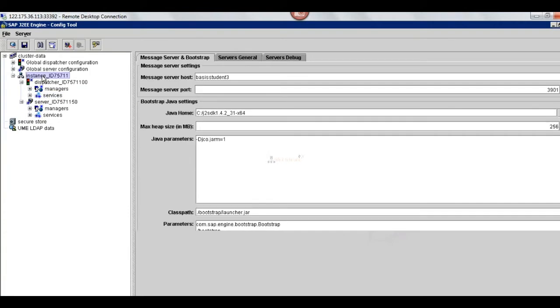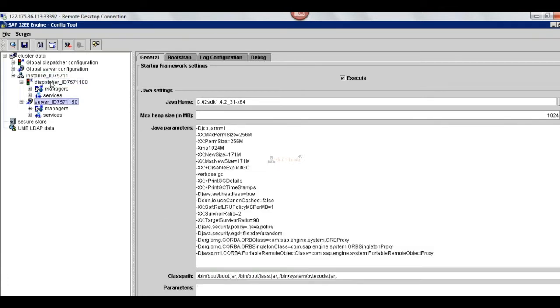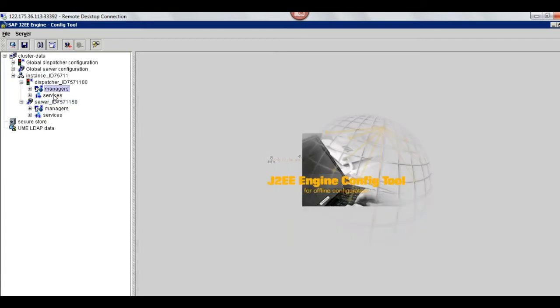So this is my instance. Every instance has a cluster, and every cluster has managers and services, right? If I have one more instance, that instance will also have a dispatcher and server. Every dispatcher and server also has managers and services, right?